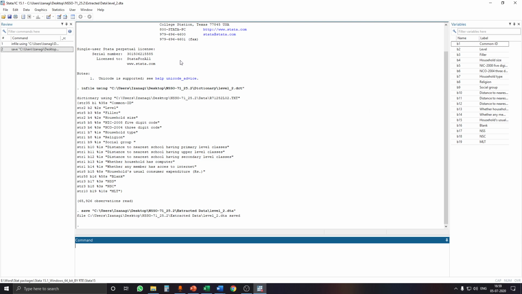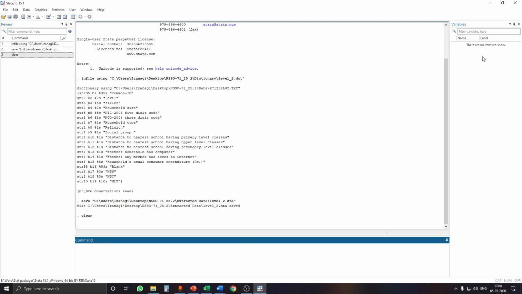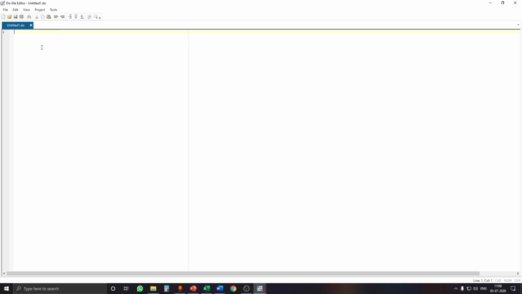Now, as you can see, I'm continuing in the same data file. So to extract new data, I have to first remove the existing data. For that the command is clear, and this will clear all the existing data. Now to extract the third data, again we have to repeat the same steps: go to the do file editor, then